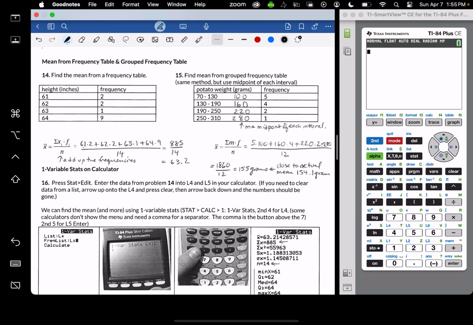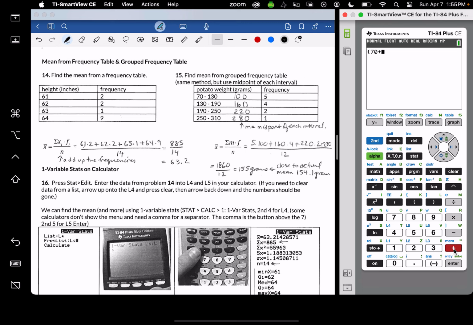Now, sometimes we have a grouped frequency table. This is example 15. And we're like, well, which number would we multiply by the frequency? So if you do not have an actual weight, you have a range of values, you use the midpoint of the interval. And to find that midpoint, I guess you could do mental math, but I do